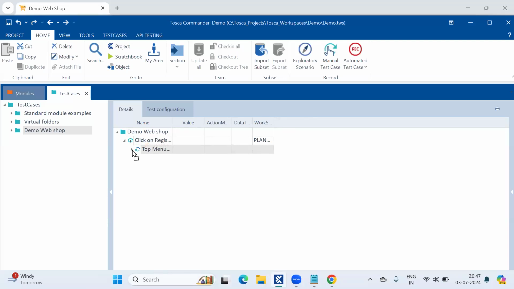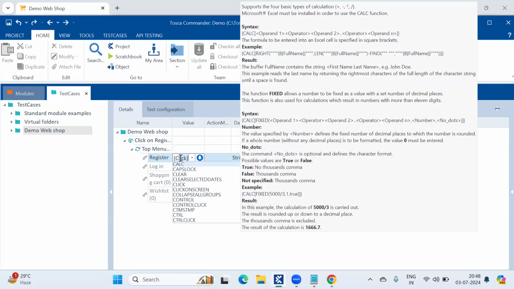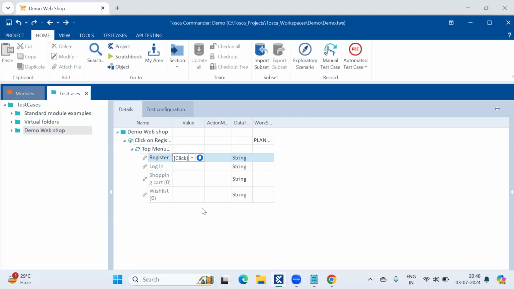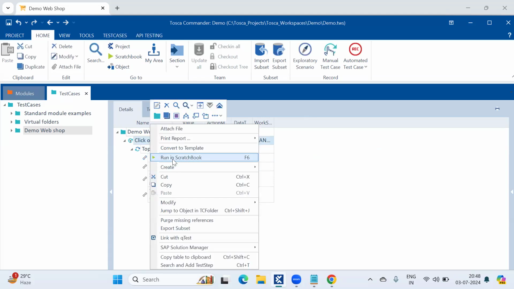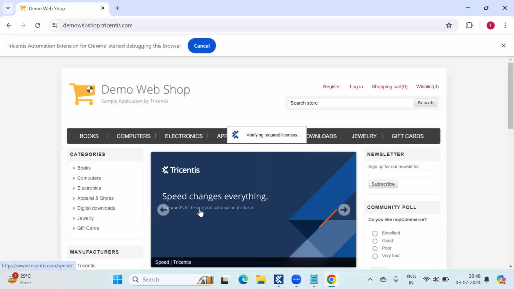See, all the modules we have scanned before are all here. Okay. What operation are we performing here? We are going to that particular control and we are performing click operation. So manually what we are doing, we are giving the same thing. Okay. We are performing click operation here. So I am telling Tosca, go and click on this register button. Okay. Let me run this one. Let us see whether it clicks on that register button or not.